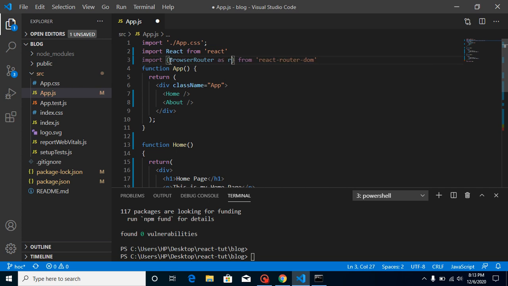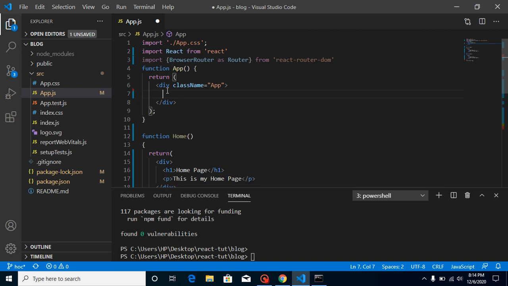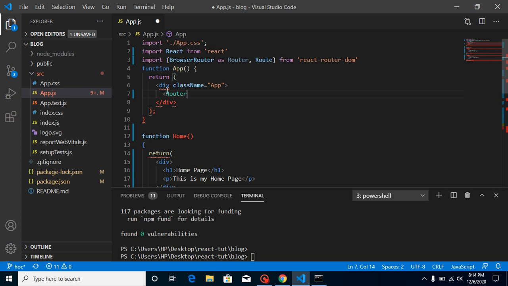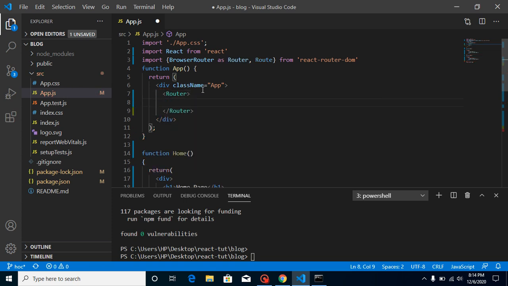I would like to use it as Router. And all the application code, even your components, should be inside this Router. So just write Router here. I will import it later, we don't need it now. And just use it like this.